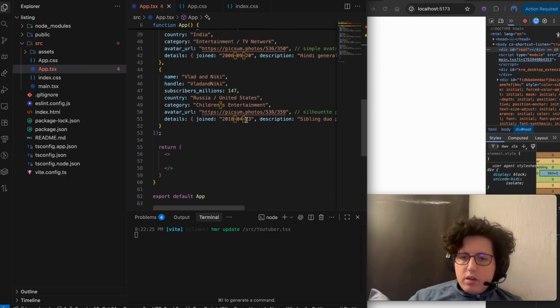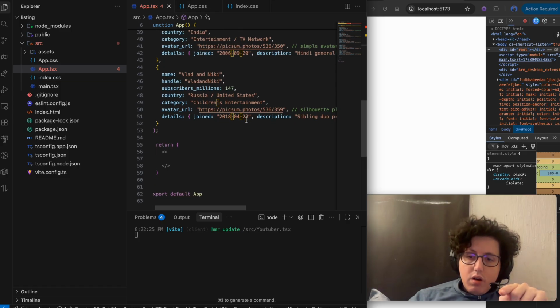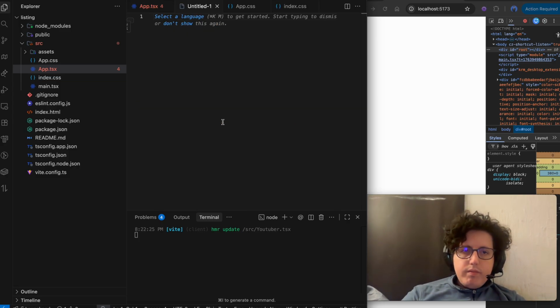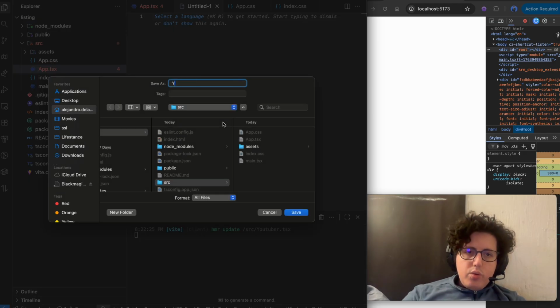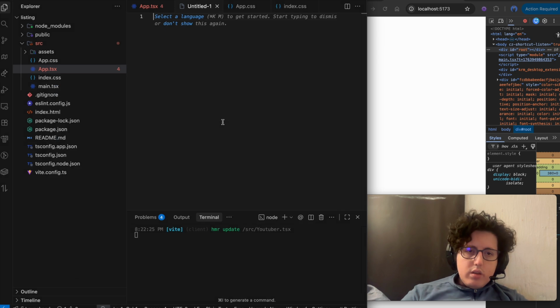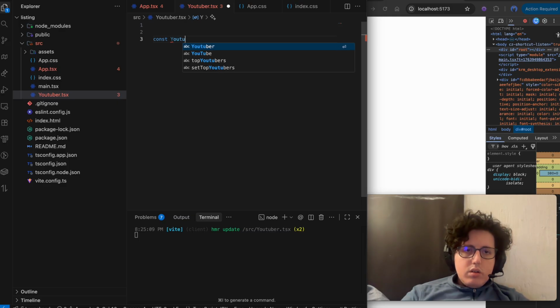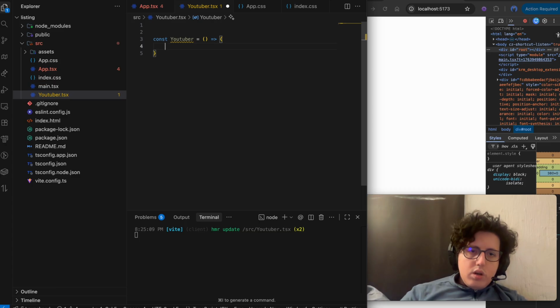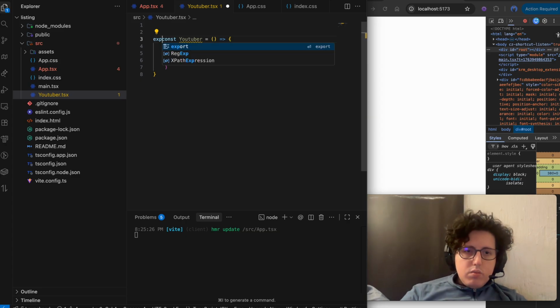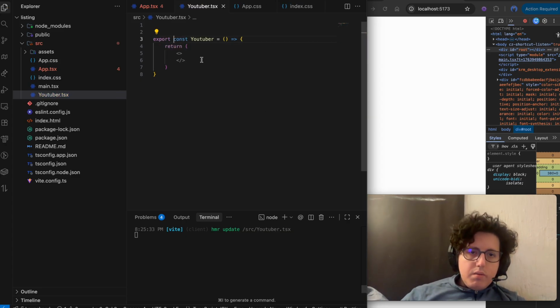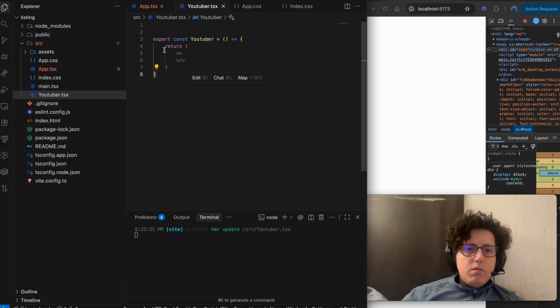Okay, let's start. Let's start by creating a component called YouTuber. YouTuber.tsx. Okay, so there it is. So const YouTuber equals a return of a fragment, and we are going to export it just like that. Export. Okay, so now we have our component YouTuber,